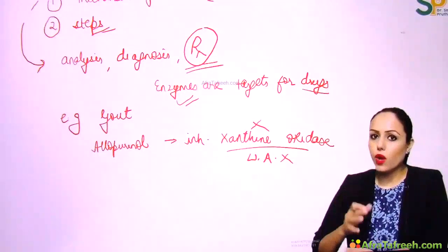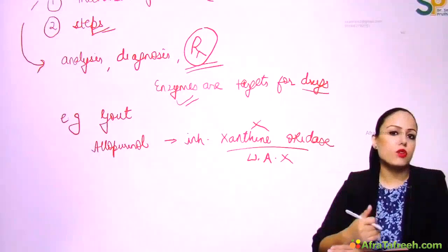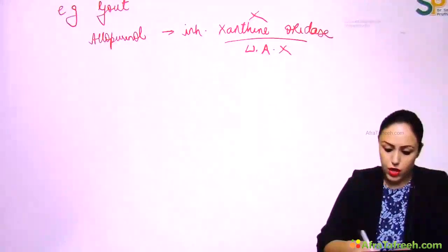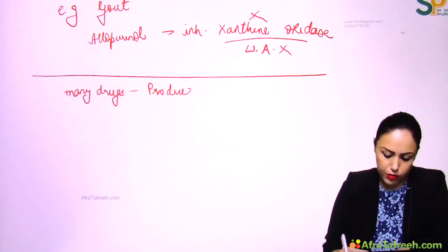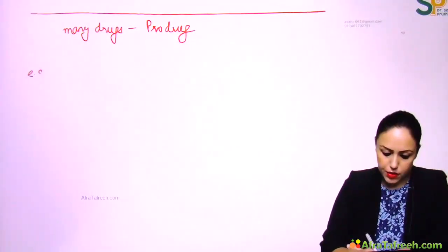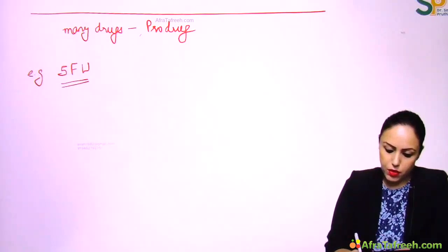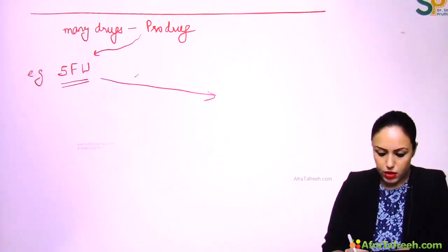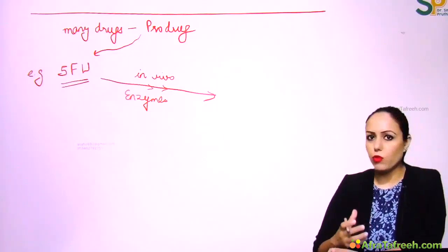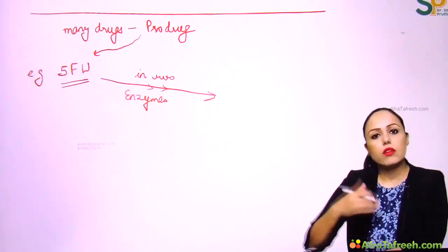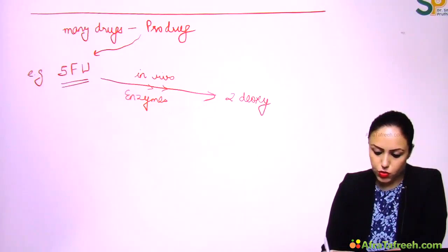So this was the drug affecting the enzyme. But enzymes also affect drugs in the body in vivo. How? Because many drugs are in prodrug form. Let's take an example. 5-fluorouracil, which is used in cancer chemotherapy, is a prodrug, right? So in the body, in vivo, it will be acted upon by enzymes. Many prodrugs are acted upon by enzymes so that they are converted to the active drug molecule. For example, in this case, it gets converted to the active form